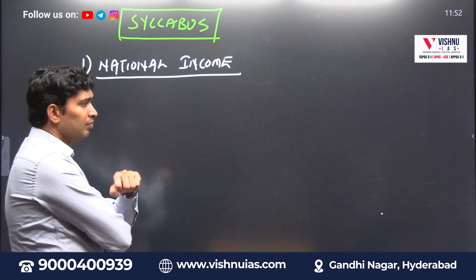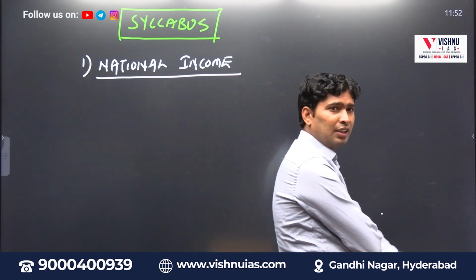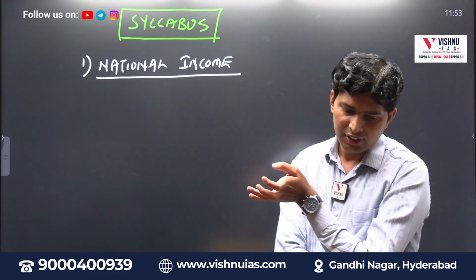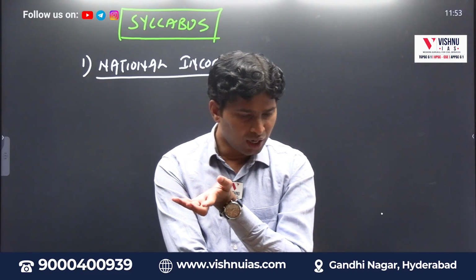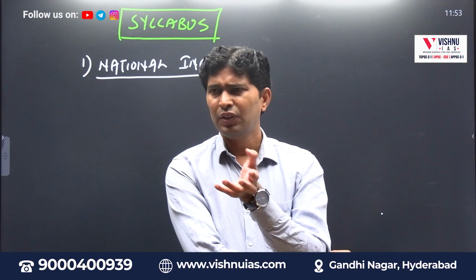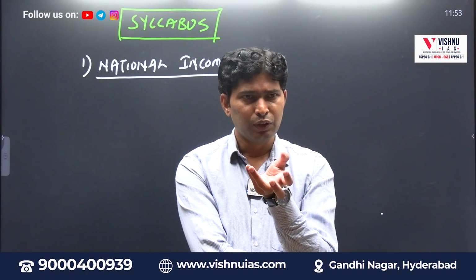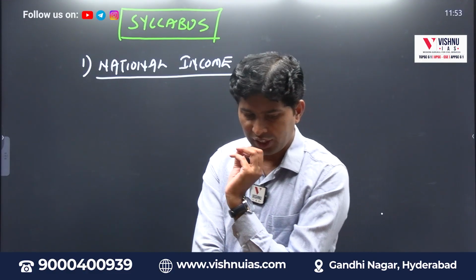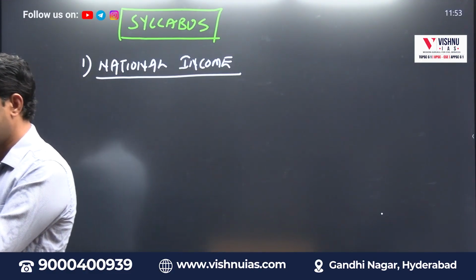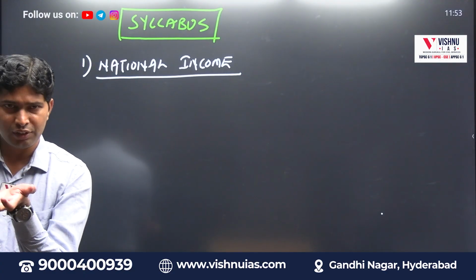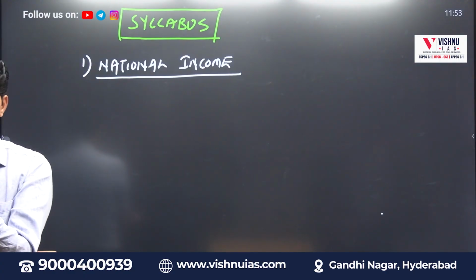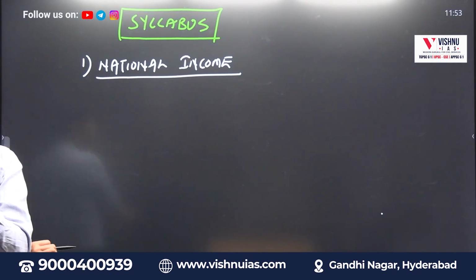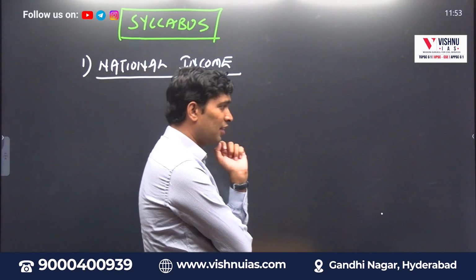For prelims: income, types of income, measurements of national income, GDP, GNP, NDP, NNP, factor cost, basic price, market price, current price, nominal GDP, real GDP, income method, expenditure method, production method, capital output ratio. Apart from that, when you read the NSO estimations, the historical background of the estimation, base year, change in base year, revision of base year. So why is this topic so important for the exam?